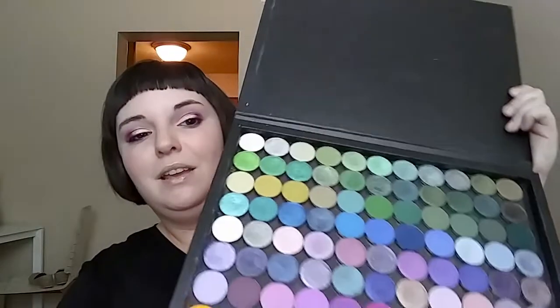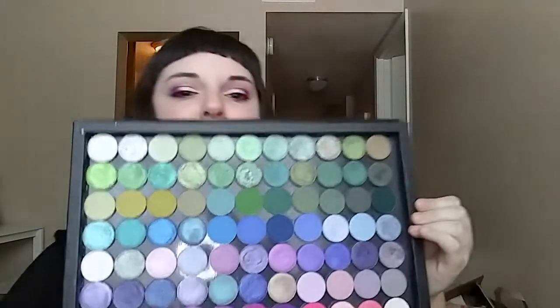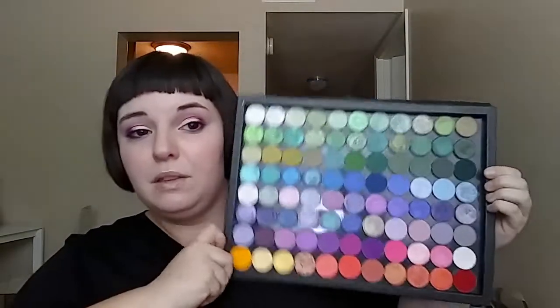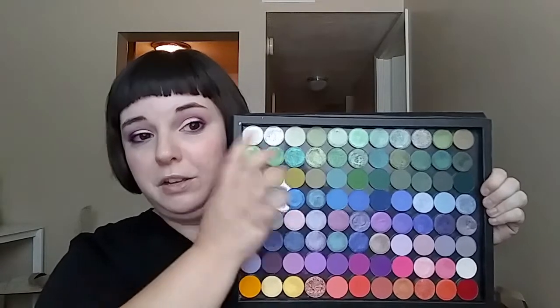But then I bought an Adept palette when they were on sale. Mine was damaged, it just had a couple scratches. And now I have this. And this has been almost exclusively what I've done my makeup with the last month. I absolutely love it. It has 3 whole greens, like 3 whole rows of green, which means there's like 33 green